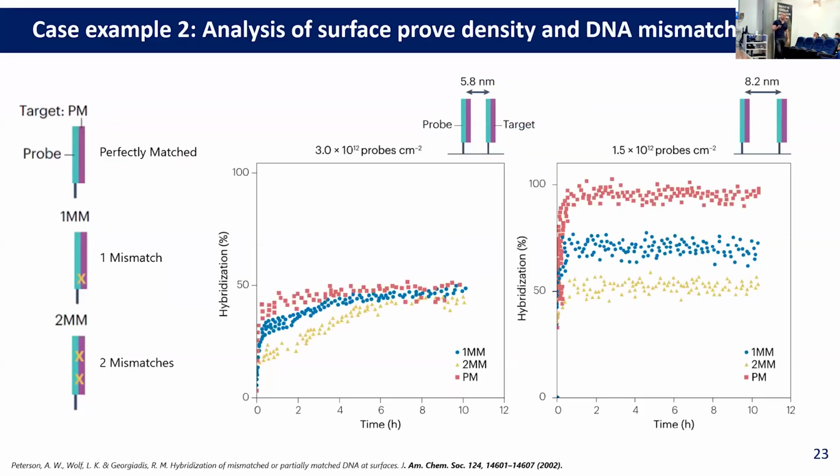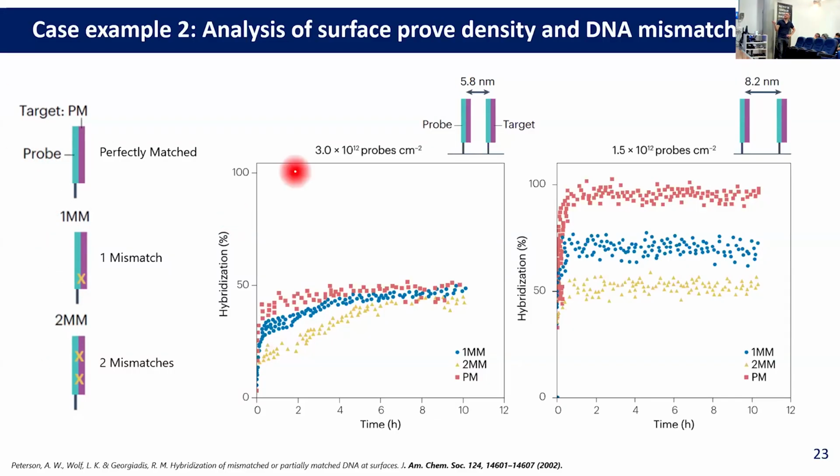Another example, this is more focused in material science, since we are an ICMAB. You can also use SPR to analyze how the density of a monolayer affects its probing capacity of, for example, in this case, oligonucleotides. In this example, the scientists wanted to see if, so they attached some DNA probes into a gold surface, okay?